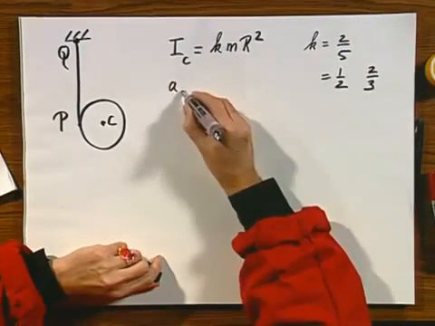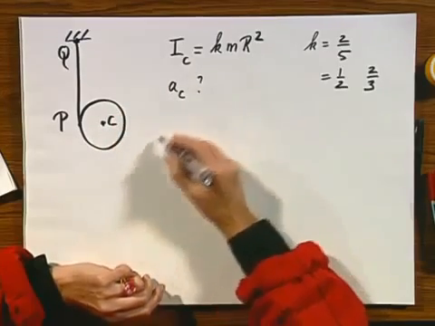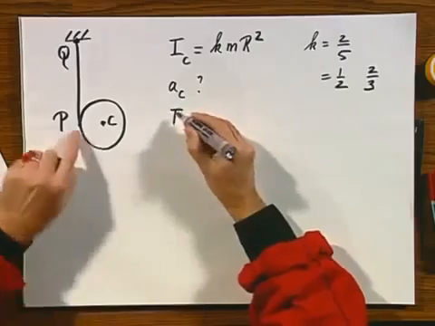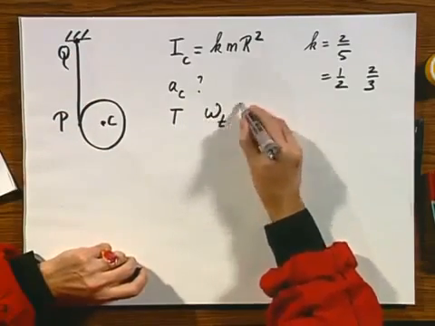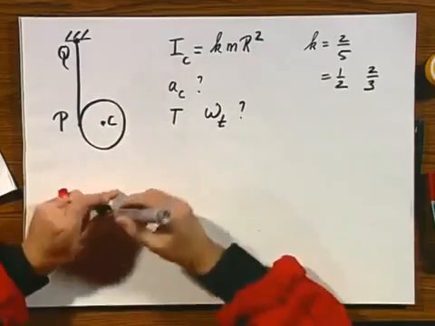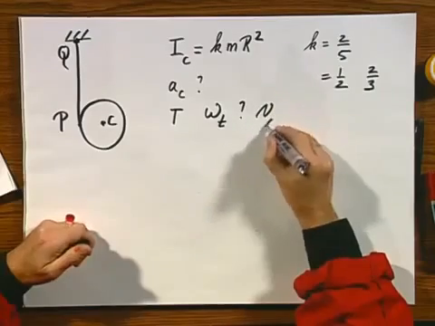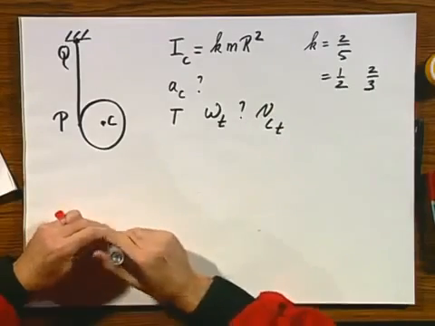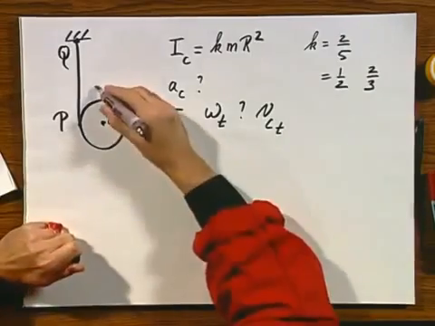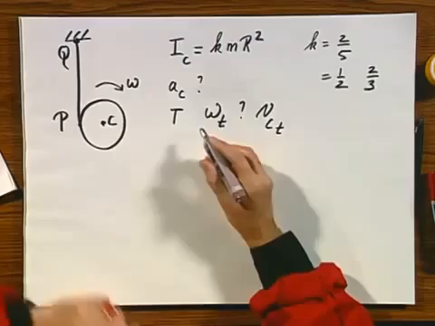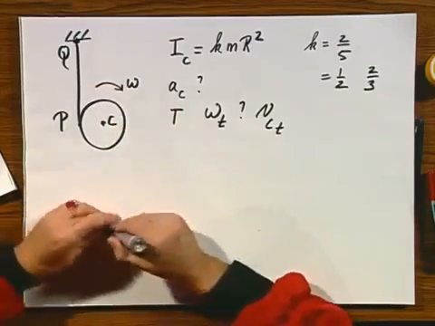And so the question now is, what is the acceleration of the center of mass as it goes down? What is the tension T in this wire, not to be confused with a period? And what is omega as a function of time as the thing starts to unroll? And of course, you can add to that what is the speed of the center of mass as a function of time. The thing is going to rotate around with angular velocity omega,